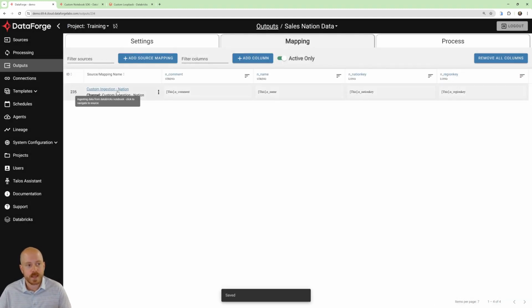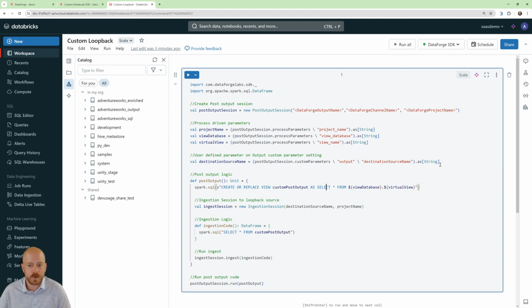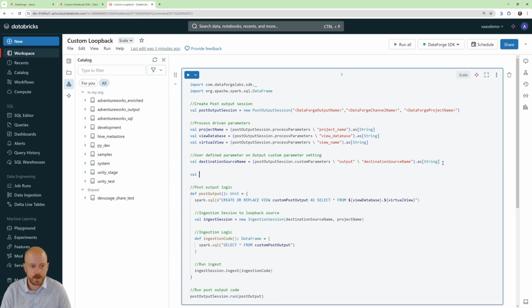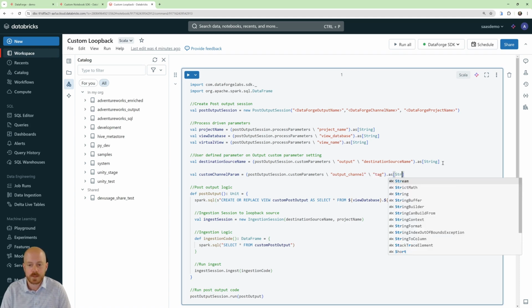Okay, so now that that's saved, I can actually reference that custom parameter in my notebook. If I add a new val here, I can reference the custom channel parameter very similarly to all the other parameters. It'll be the post output session.custom parameters, then a backslash, and in this case it's going to be the output channel, and then we'll name the parameter that we saved in there, and we'll save